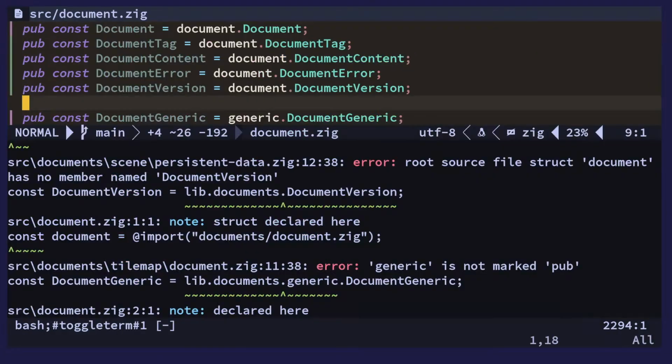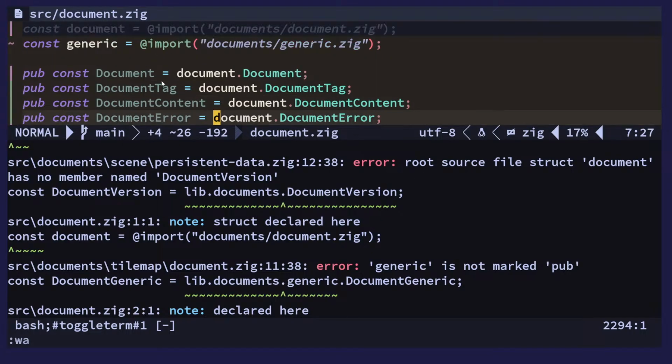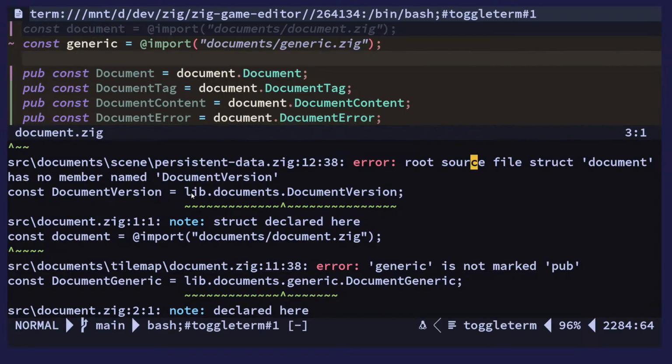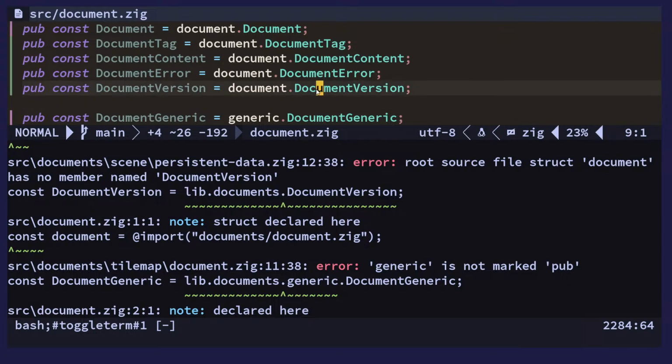All right. Let's continue here. What's happening here? Root source files, no document version. Oh yeah, so